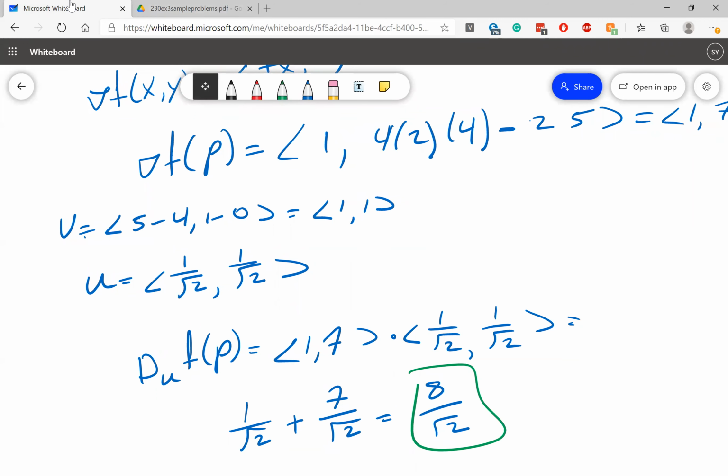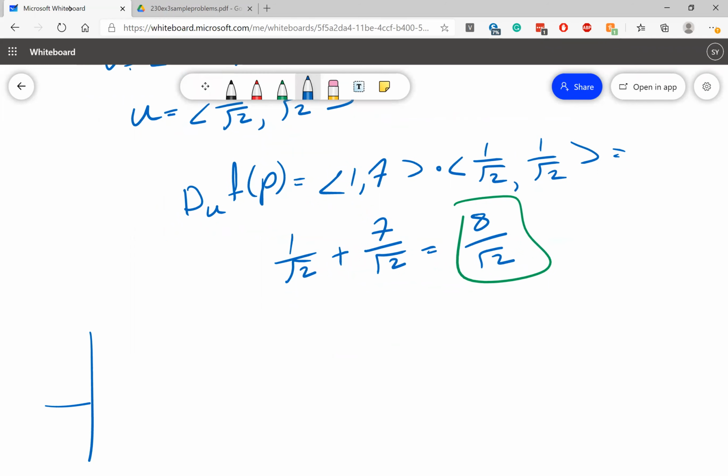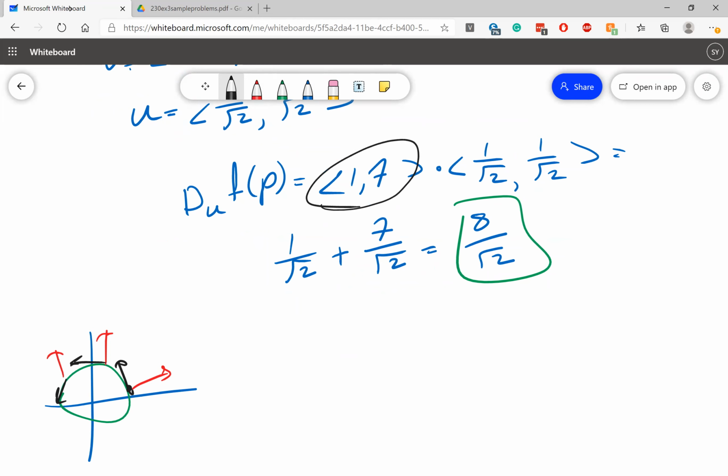So we know that the gradient is orthogonal to our level curves, whatever they may be. And in order to find the vector that's not changing, we want to find the vector that's orthogonal to the gradient, so that we remain on the level curves. Now our gradient is (1, 7). So we would want a vector such that if we dot with (1, 7), we are going to get 0. So if we choose the vector, let's call it w,